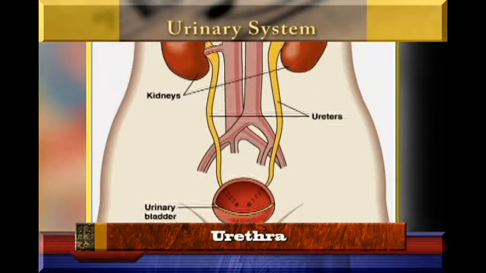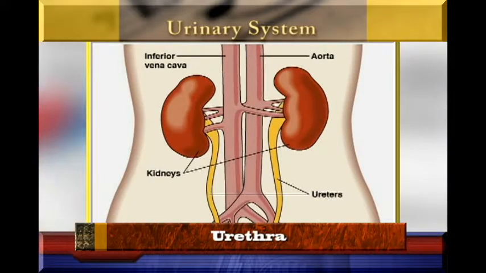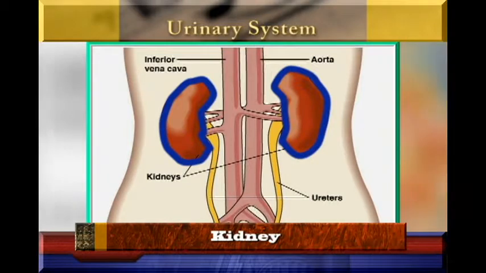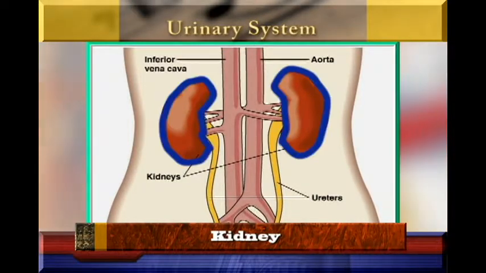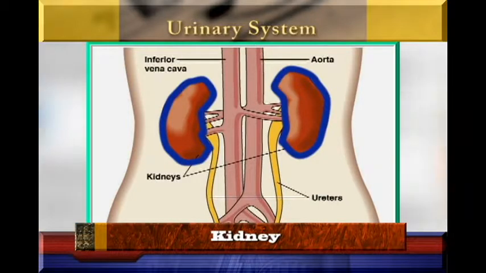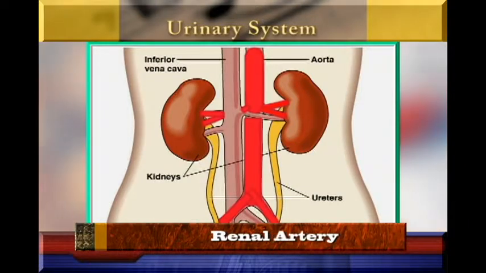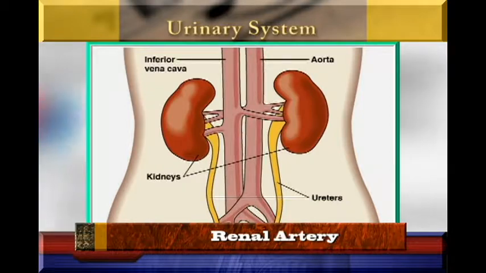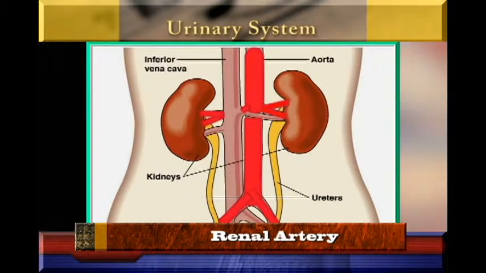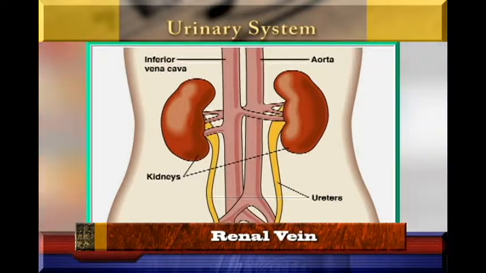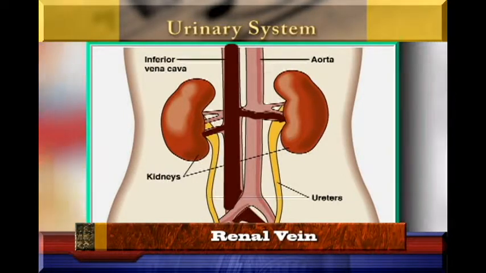So when we start above looking at the kidneys, we have two kidneys. Organisms have two kidneys, the left kidney and the right kidney, and they are supplied with blood vessels. There is the renal artery, which supplies blood from the heart to the kidneys, and then there is also the renal vein. That one is the one that removes blood from the kidney, taking it back to the